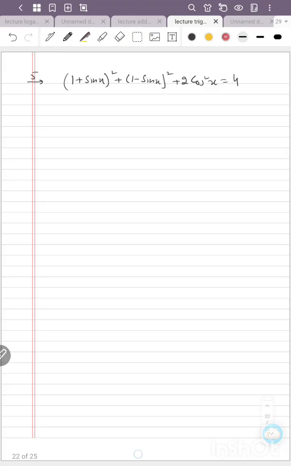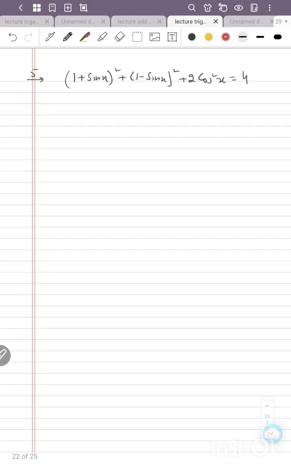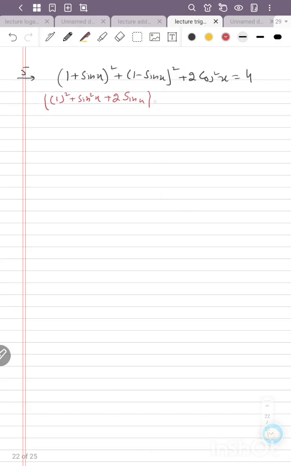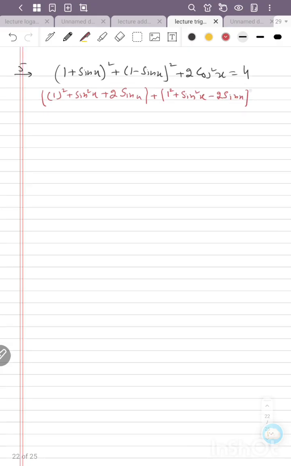For this purpose, we have to open this expression, 1 plus sin x, 1 plus sin x. So we know the identity: open it as 1 square plus sin square x plus 2 sin x. Okay, now we have to solve. Next one is 1 minus sin x, 1 square plus sin square x minus 2 sin x. Okay, now we have plus 2